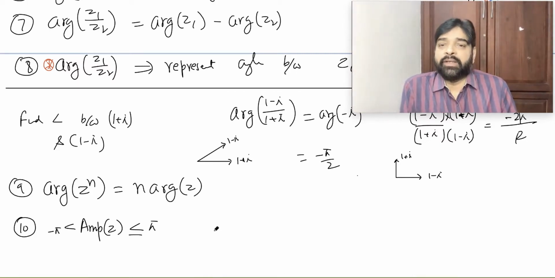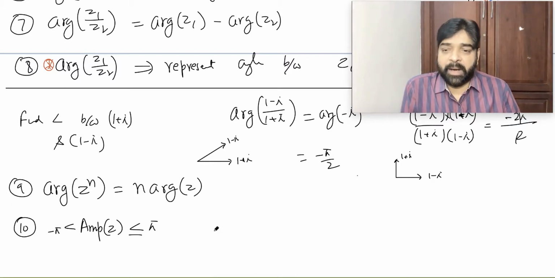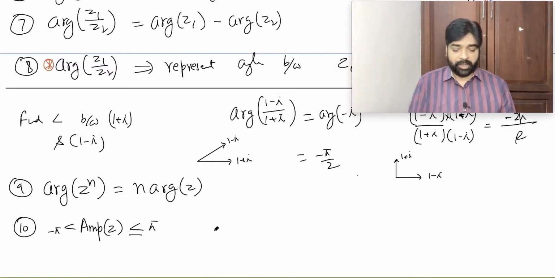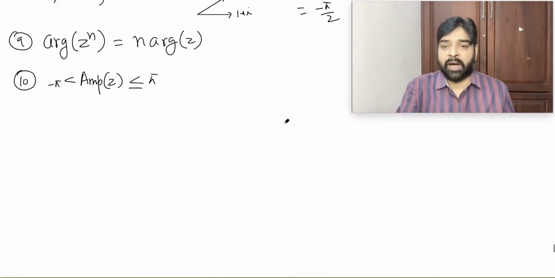So till now we learned what a complex number is, how to represent the complex number in 3 different formats, what the properties of the mod are, what the properties of the z bar are, what the properties of the argument z are, and what the meaning of the Argand plane is. Basic information about the complete complex number has been done. Now we have to see the geometric application of complex numbers.